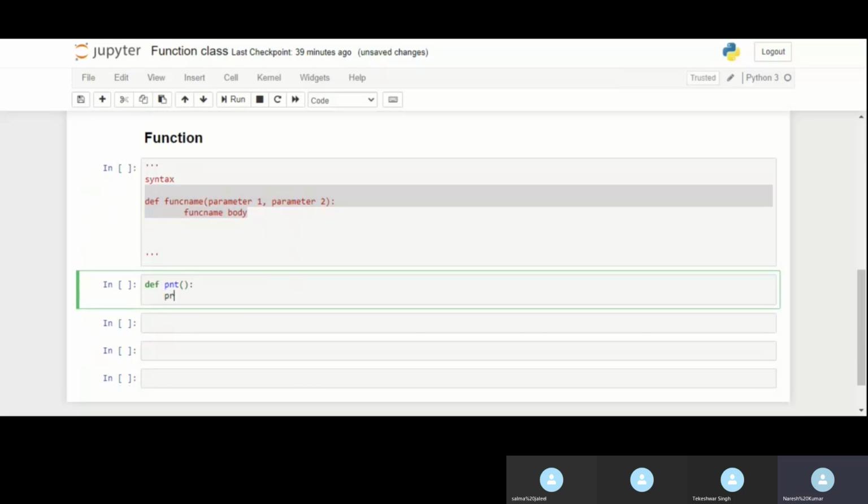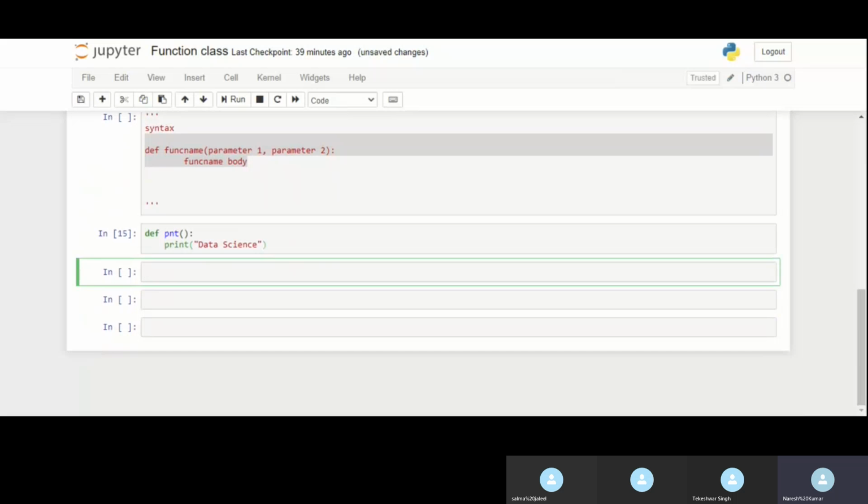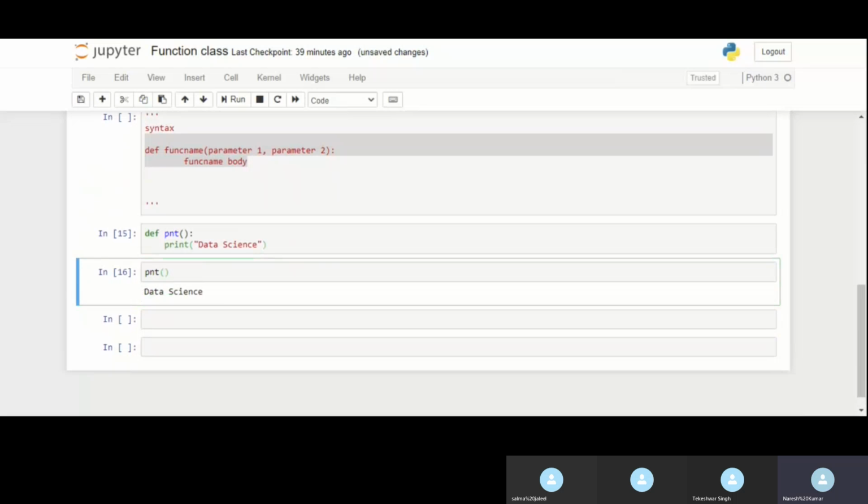So this function is something like print data science. If I go and call this function, what will it give me? It will print data science.